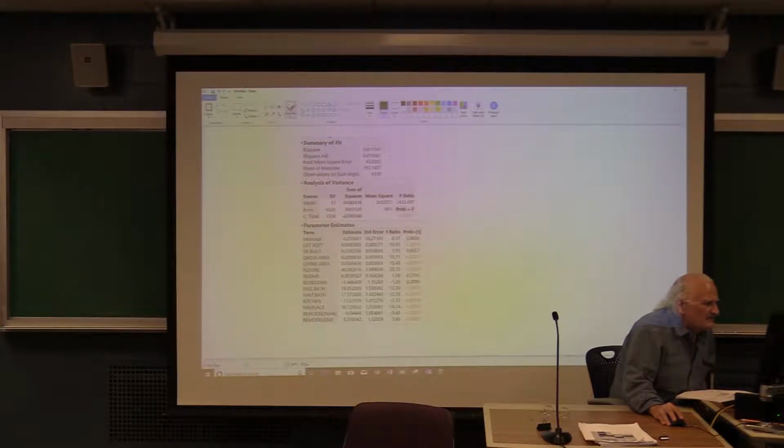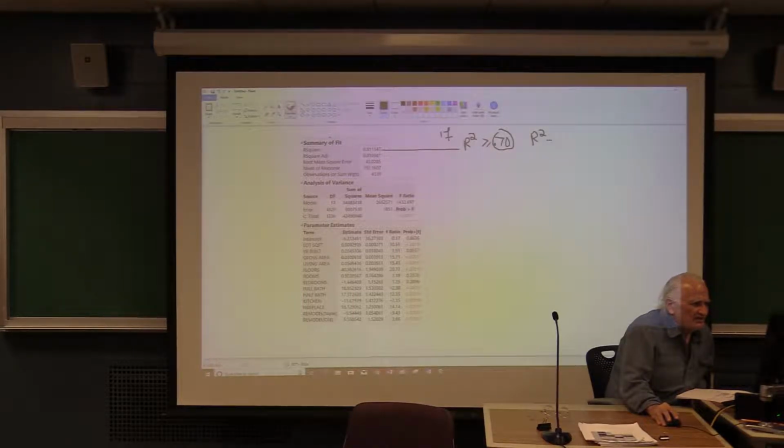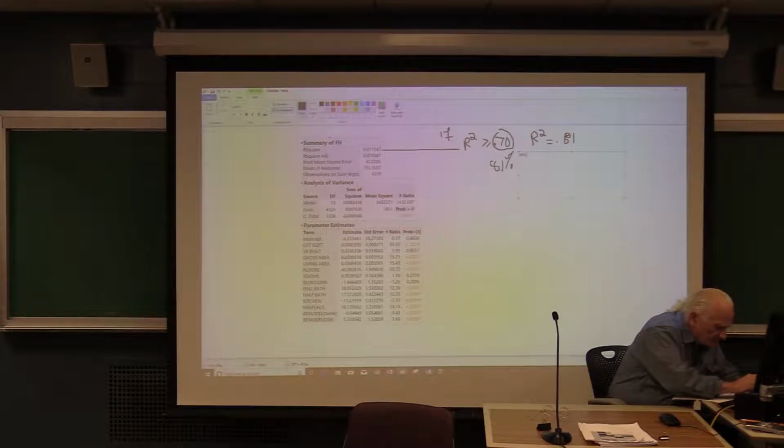This is R squared. We want, and this is subjective, R squared to be at least 0.70. Where does that 0.70 come from? This is subjectively chosen. So if R squared is greater than 0.70, in this case, R squared is 0.81. What this says, and I want you to know this, is that 81% of the variability, which is another word for variance,